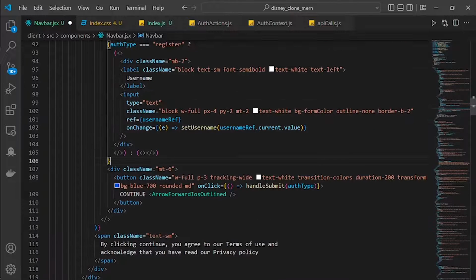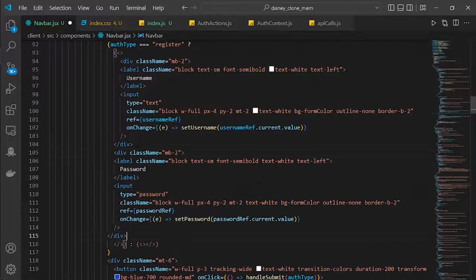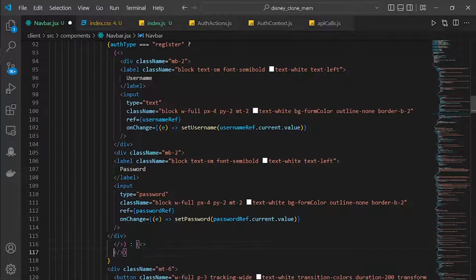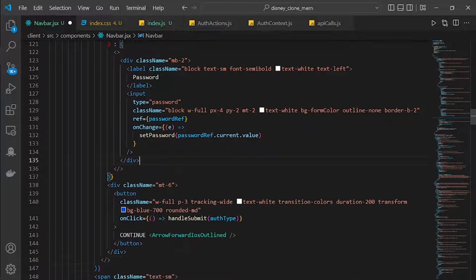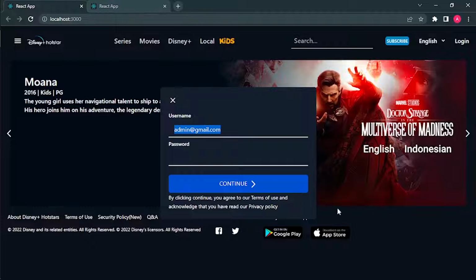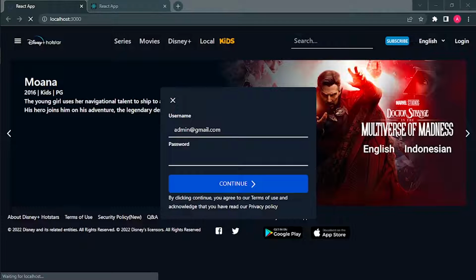So if the auth type is register, the inputs will be username and password. But if it's just login, it will have the password only. Let's save it, and now let's go back to the website, refresh the website,